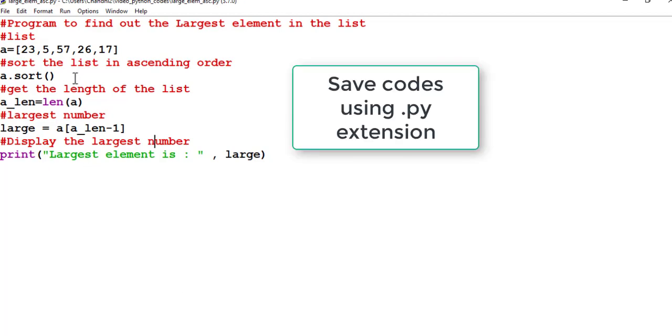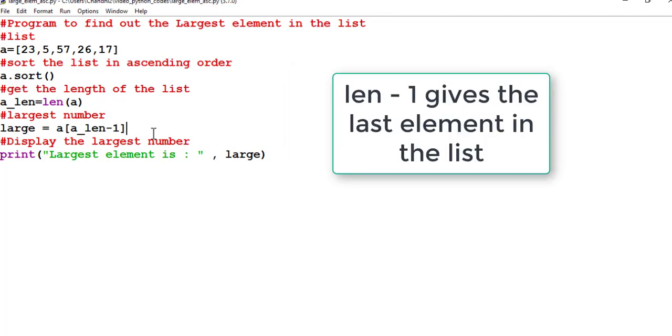Here we are calling the a.sort function, which will sort the list in ascending order. The len function will find the length of the list, and as we know, the index value of size minus 1 will give you the last element.